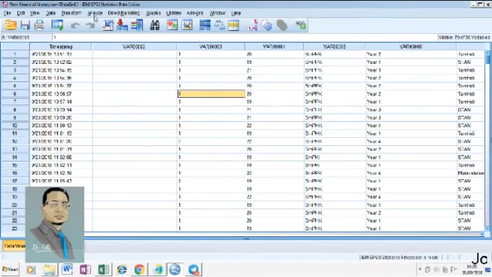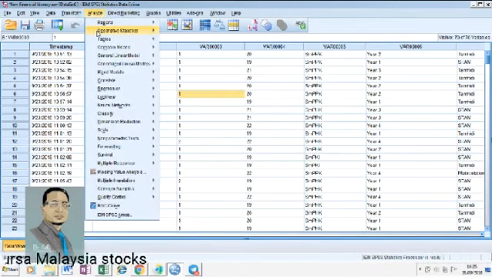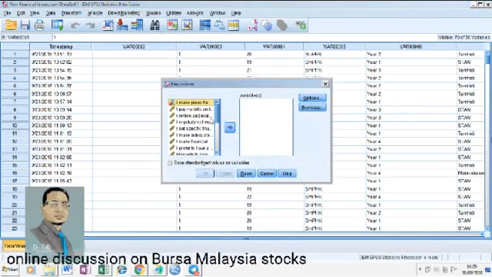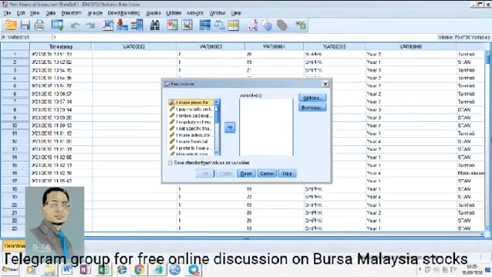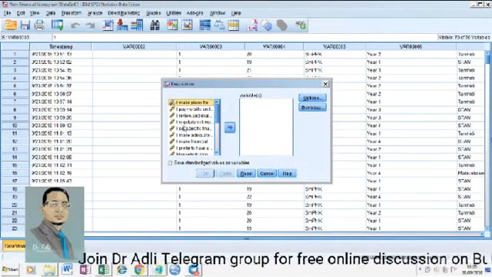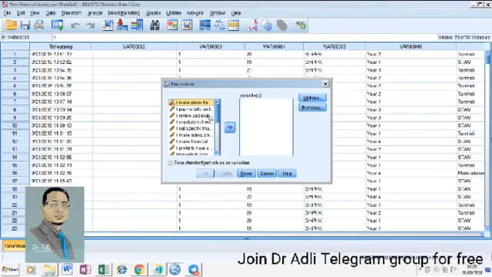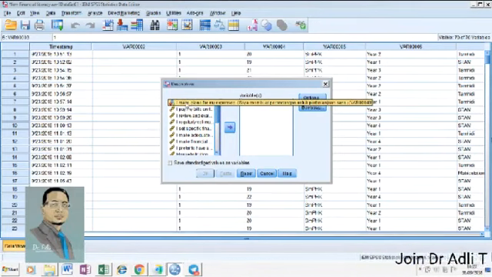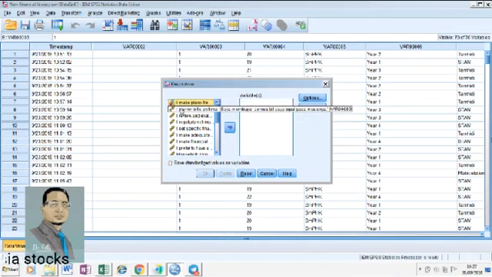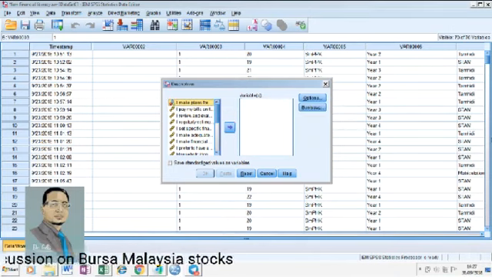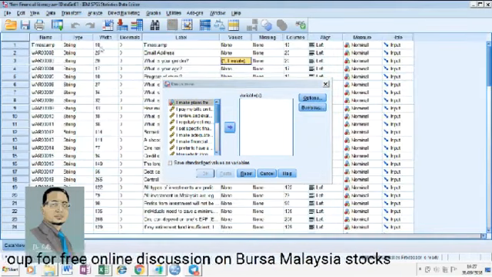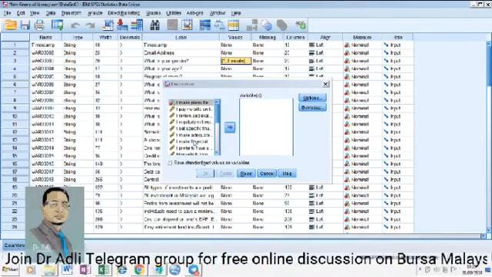Now we have done a little bit about the demographic profile of the respondent. Now we can actually look at the descriptive for the questions that we have asked them. If we look at the descriptive, you can see that data which is using string cannot be